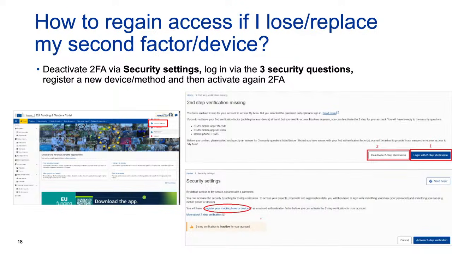And there is, in this screen, you can see it, a button for deactivating this two-step verification or the two-factor verification. When you do this, you need to get back to the 3 security questions that you had to reply to when first establishing the second factor. And then you can remove this lost second factor from your list in your account, and you can add a